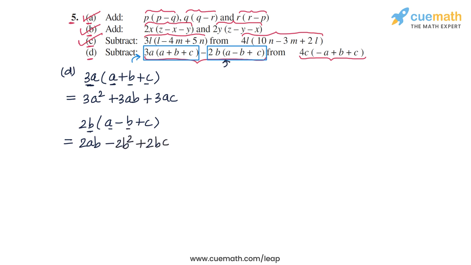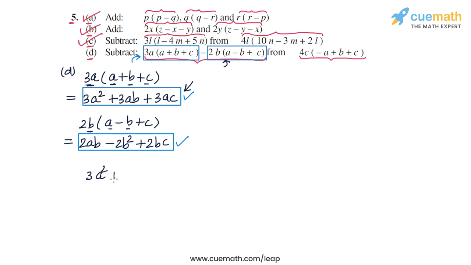So from the first expression, the first part of the first expression is this, and the second part of the first expression is this. And first we have to subtract this from this, and that will give us the simplified form of the first expression. Alright, so let's write this expression on the top.